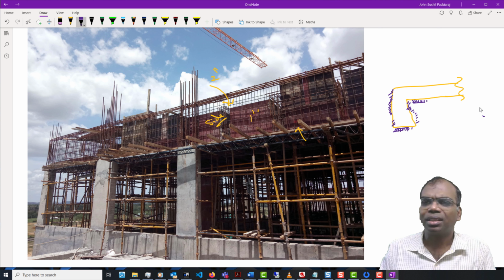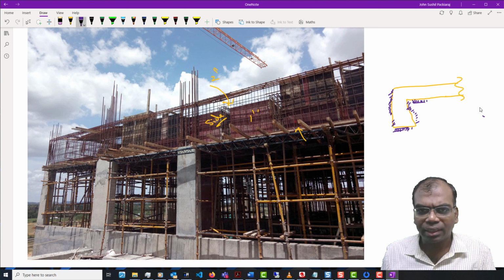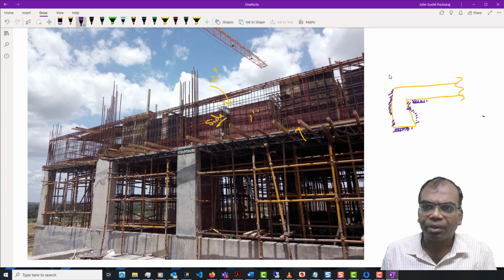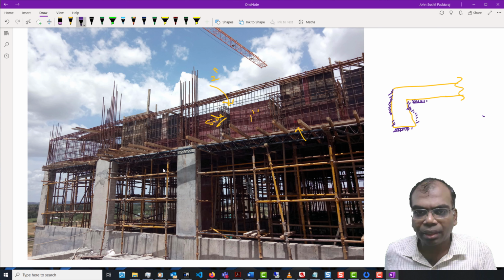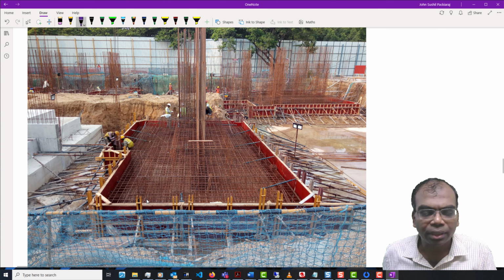So I can just measure from end to end and say that is the area of side shutter which I have. So when you're doing the quantity estimate, you have to do the side shutter separately and the bottom shutter separately.